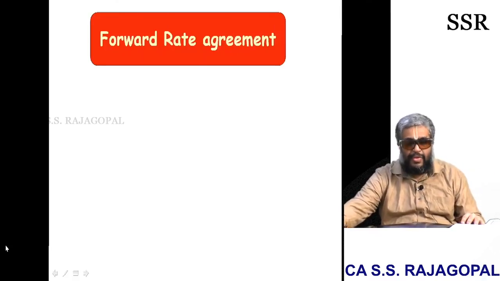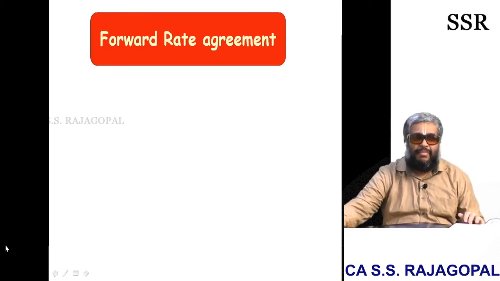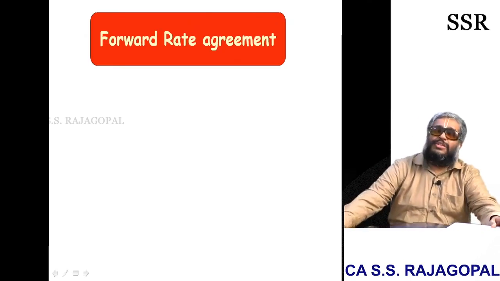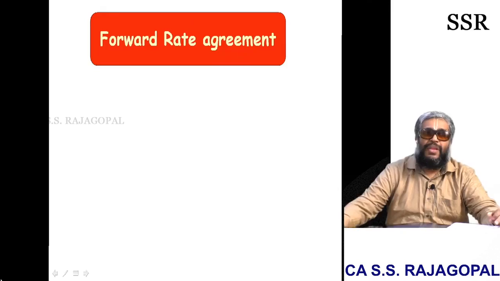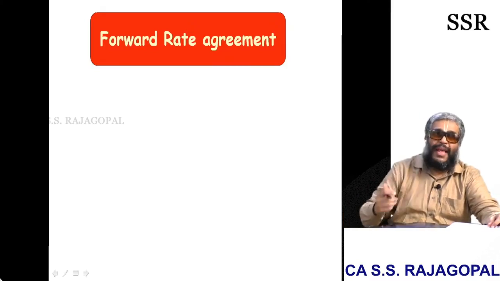Question number 9. While reading, I have summarized everything. Can I start? First, write down. Part 1. Forward rate agreement. Two questions here. How will you hedge using FRA? Two questions, no? First, forward rate agreement. Underlined, right? One by one as I dictate.